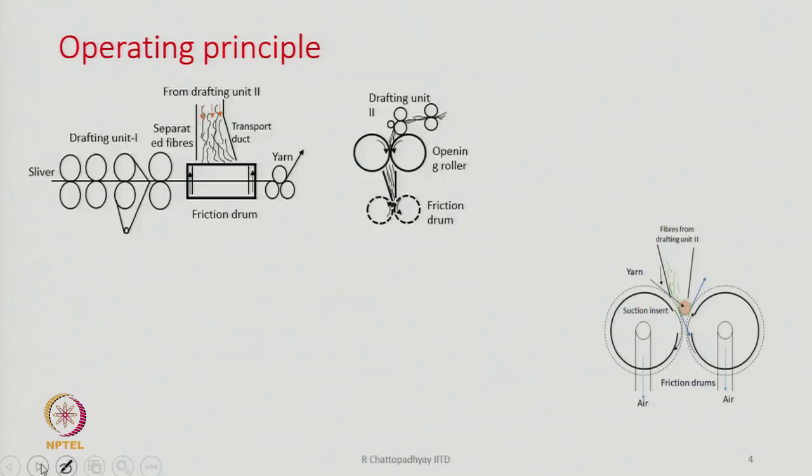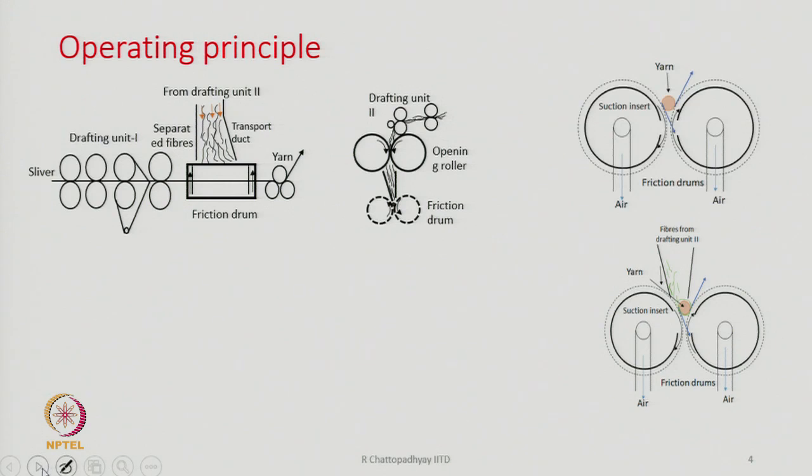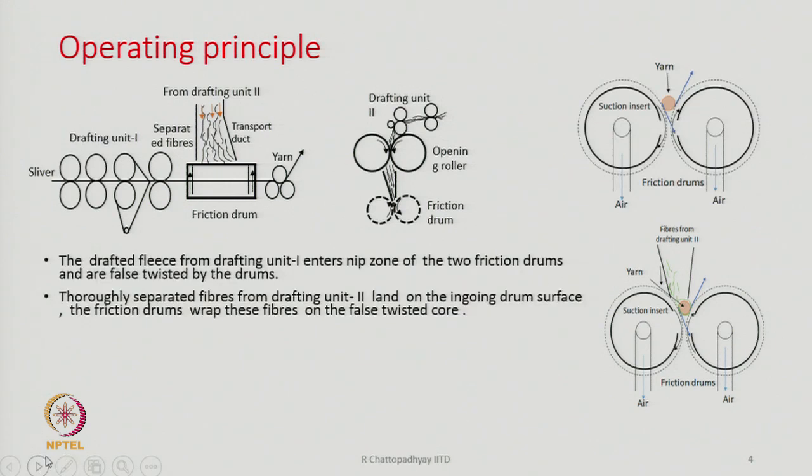So, that is the direct description of the machine in simple terms, and if we want to understand how the machine works, then as I said earlier, the drafted fleece from drafting unit 1 will enter the nip zone of the two friction drums. So, here it is shown, this is the nip zone, and a bundle of fibers which is existing here, shown by the orange color. This bundle of fibers is actually the set of fibers which are being fed through drafting unit 1,